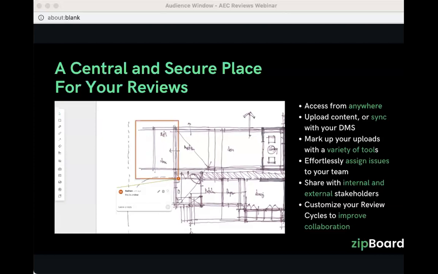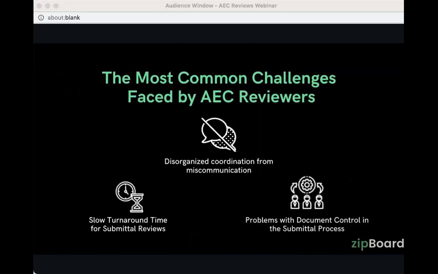I'm going to jump into now the common problems that are faced by AEC reviewers. The three that we have decided to highlight today as significant problems are disorganized coordination from miscommunication, slow turnaround times for submittal reviews, and problems with document control in the submittal process. So I'm going to first talk about the slow turnaround times for submittal